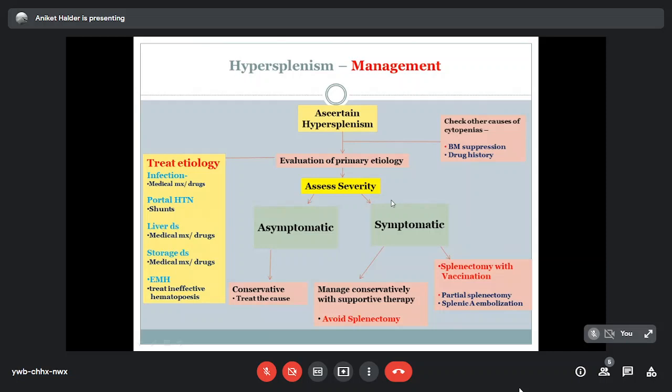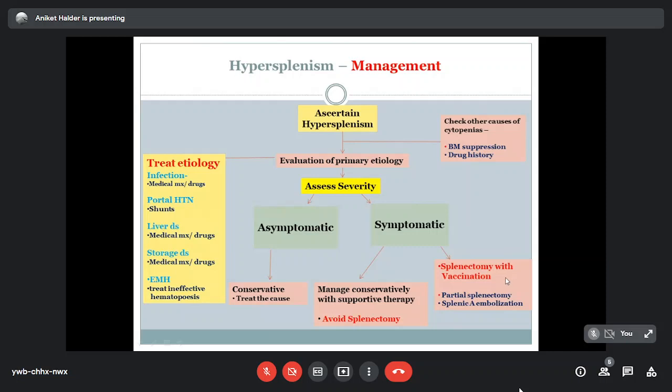If there is symptomatic hypersplenism causing severe cytopenia or cytopenias, then conservative management should be first. Conservative management should be used with supportive therapy, and the treatment should always be focused on avoiding splenectomy. And if at all there are symptoms persisting, or there are refractory cytopenias,